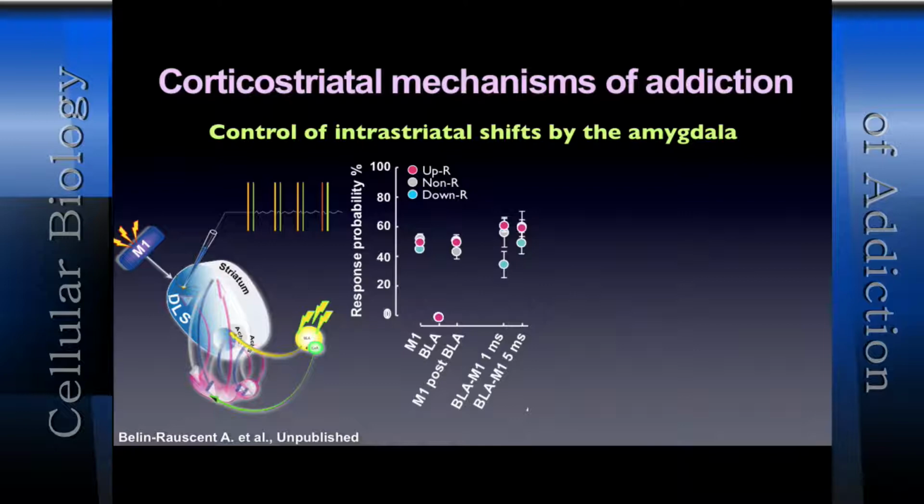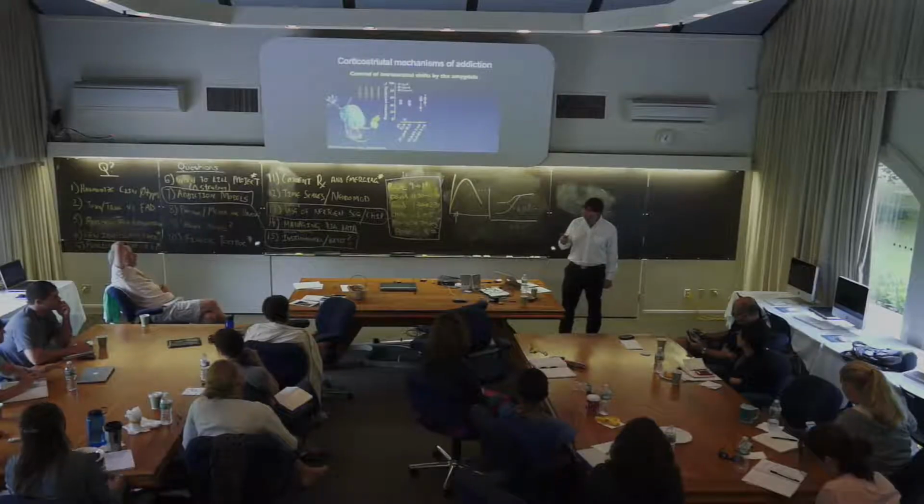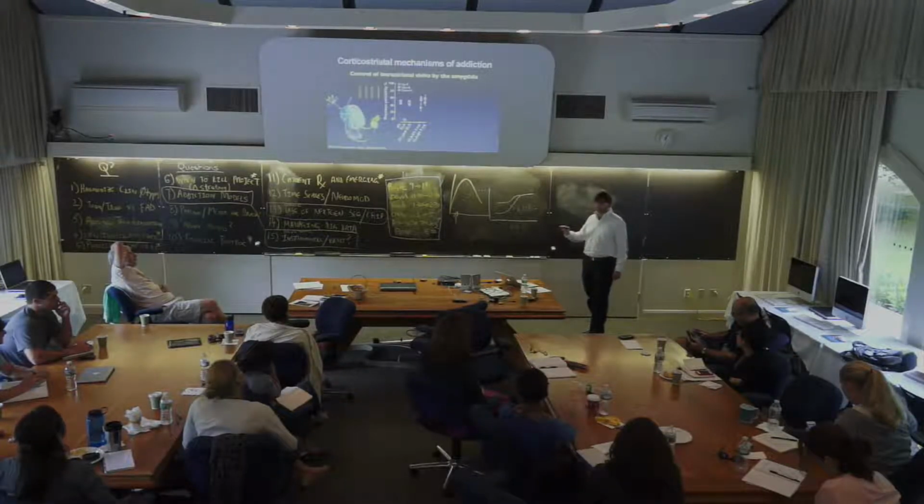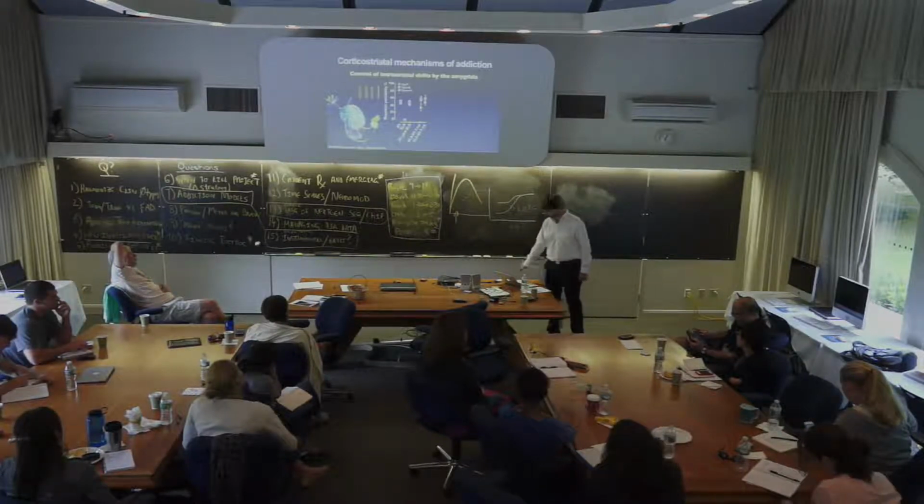If we had effects with short latencies, this would mean that we have direct BLA dorsolateral striatum projections. And it would be a pain because nobody has ever demonstrated that. There are direct BLA posterior dorsomedial striatum projections, massive ones. That was your question. Not a single one with the dorsolateral striatum. If there were any, they would be in the patches. There are definitely none in the dorsolateral striatum. A lot in the posterior dorsomedial one.